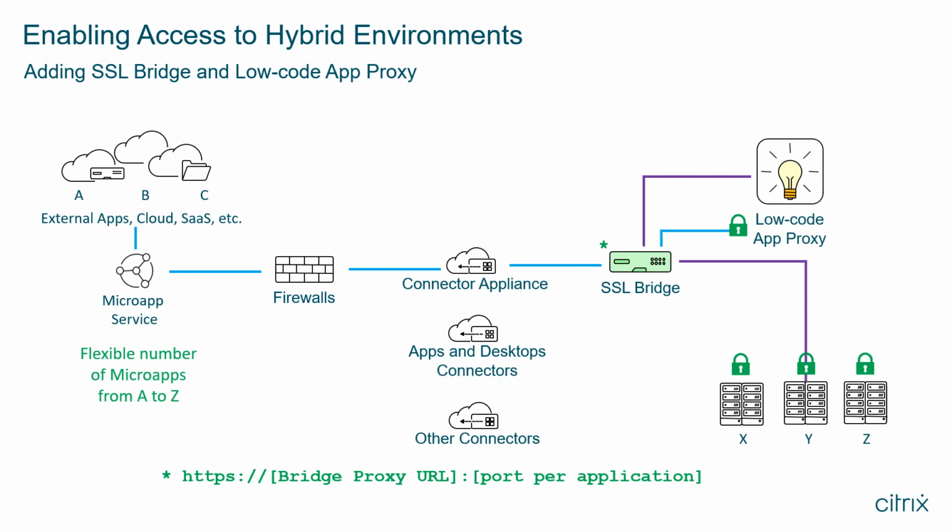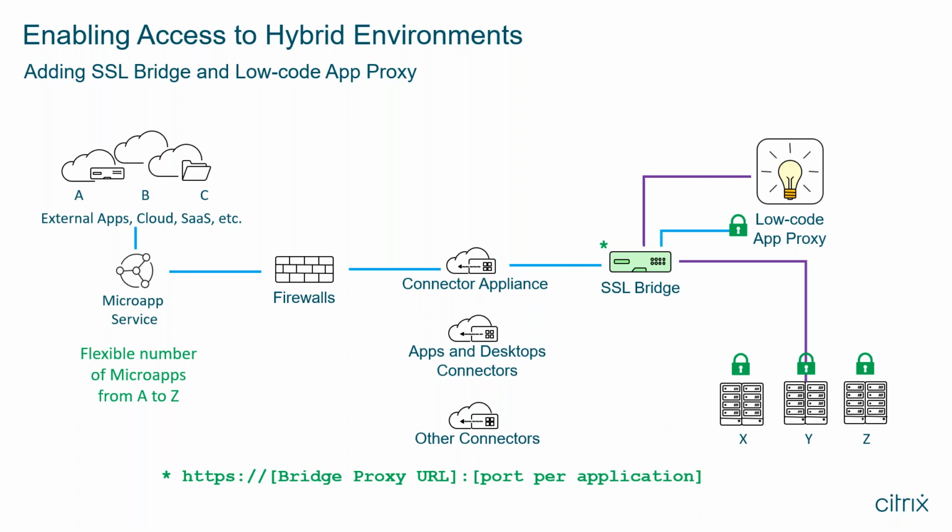And when those requests are passed, there's a certificate on the target system that is validated by the SSL bridge by making sure that the IP address is resolved to a fully qualified name that matches the certificate. And I'm not saying that you should have one certificate for everything, but if you hide your infrastructure behind an SSL bridge, you can have as few or as many certificates as you actually need. So you're not bound to start purchasing certificates just because you have more and more systems to connect to.